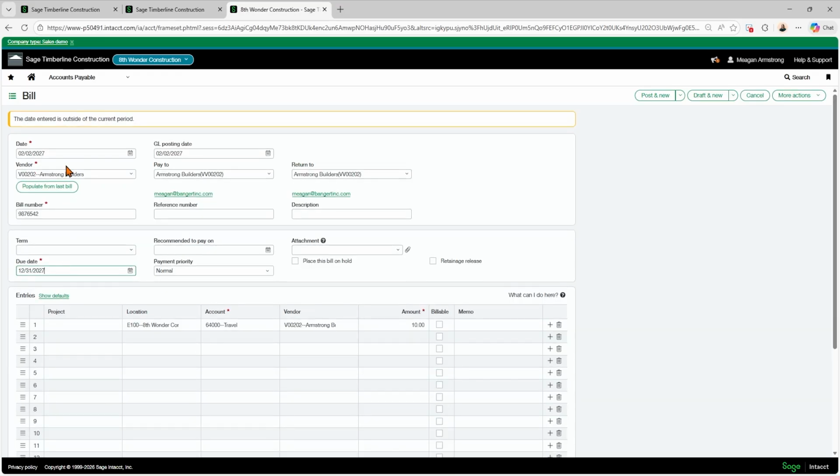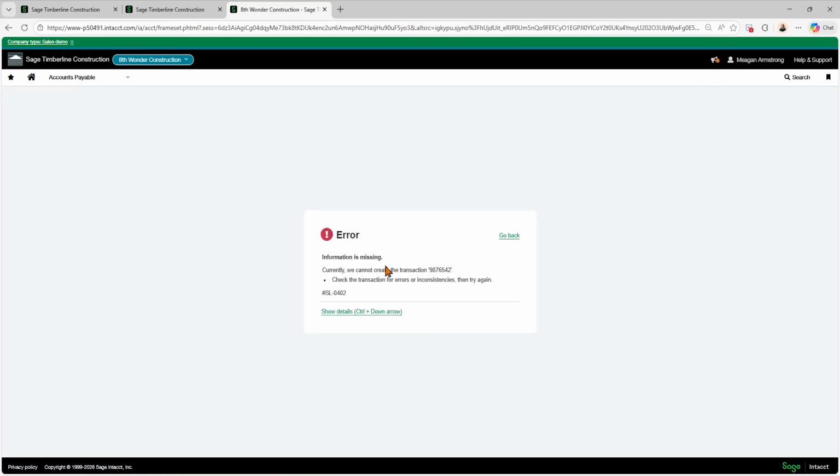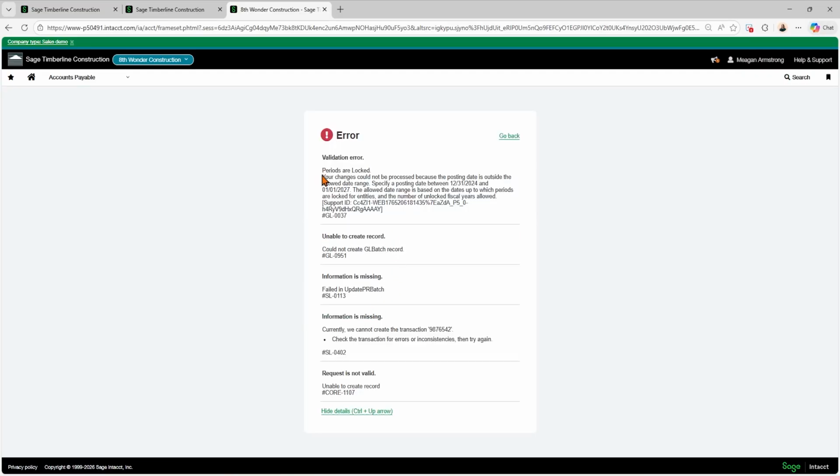You're always going to get this: the date is entering outside the current period. That's normal, even without turning on the locked things. But once we go to post, what you're not going to see normally is this: the periods are locked. You cannot process this posting date because it is outside our specific date range.